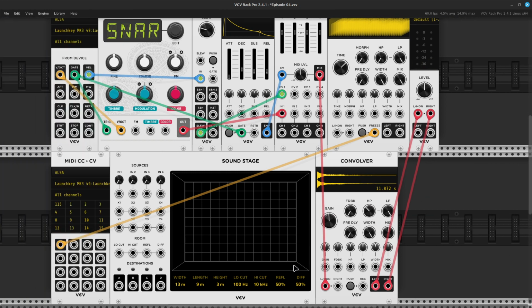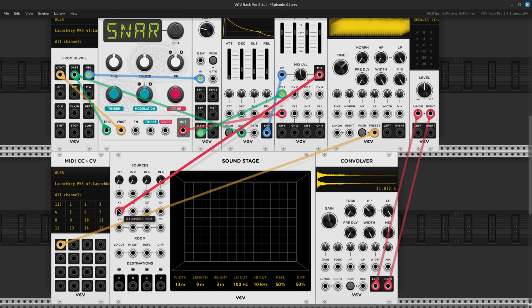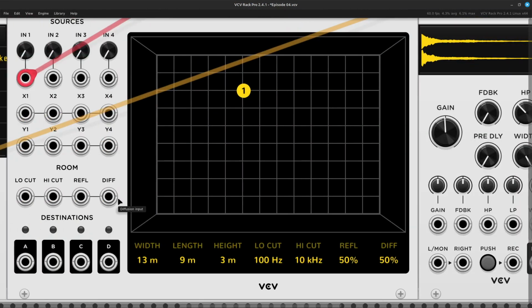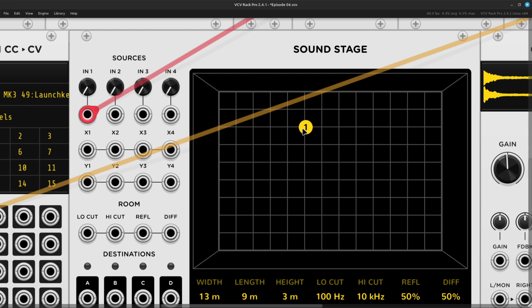So let's check out our last thing here, the sound stage. We're going out from our mixer into, here we go, just so we can see this better. You see how it gave me a 1 here? That is input 1. Basically, this is a sound source. Okay, now